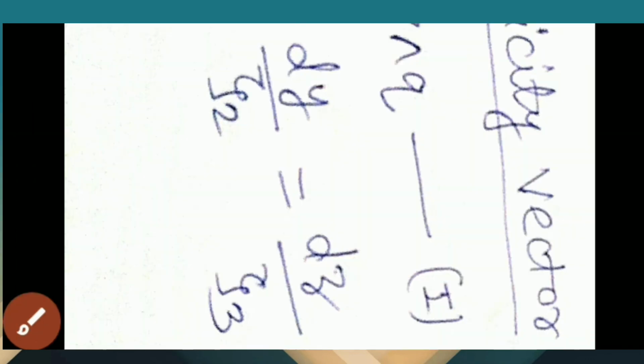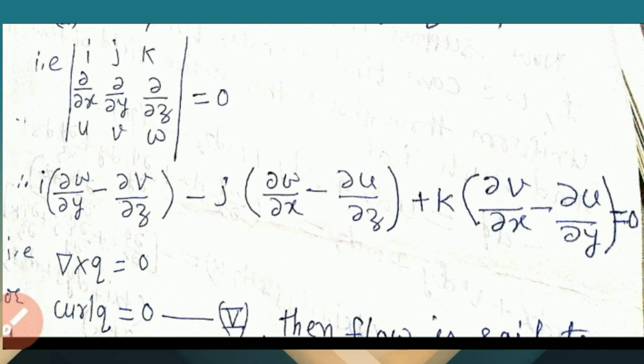Then the flow is said to be irrotational, and q is called conservative when the motion is irrotational. The surfaces phi of x, y, z equal to constant are called the equipotentials, and therefore equations first and second show that at all points of the field of flow the equipotentials are cut orthogonally by the streamlines.